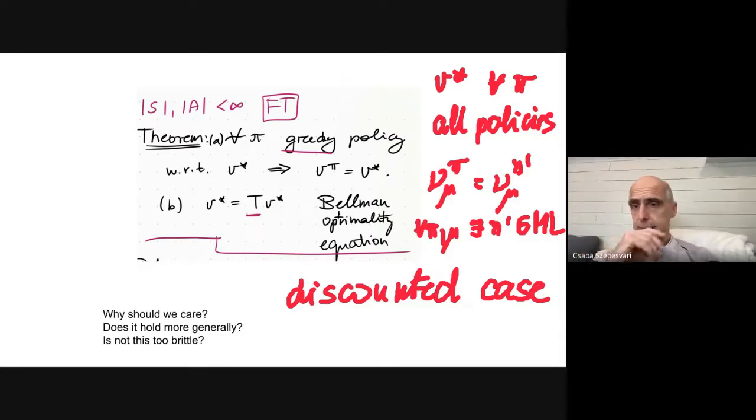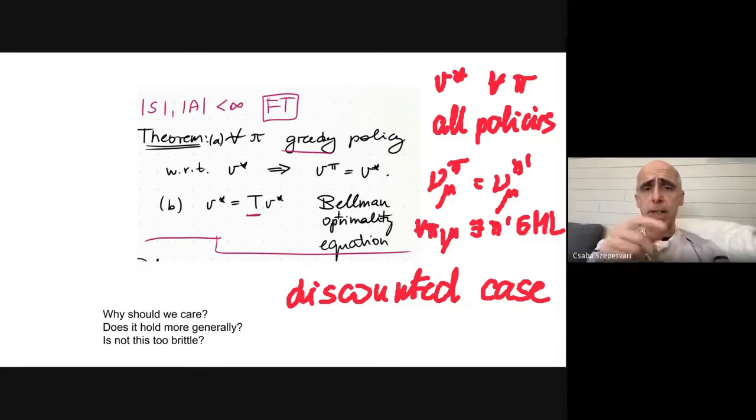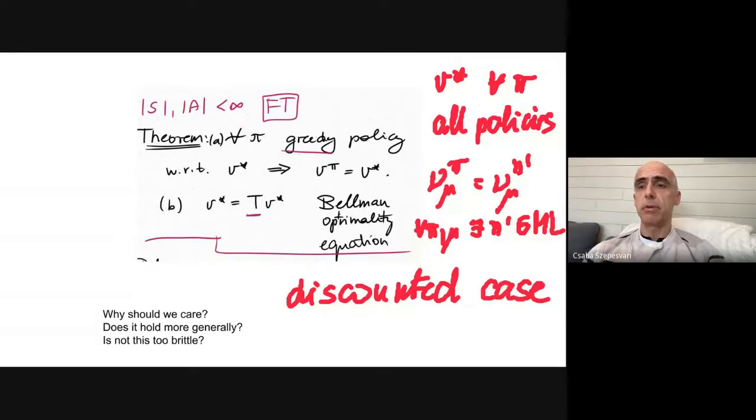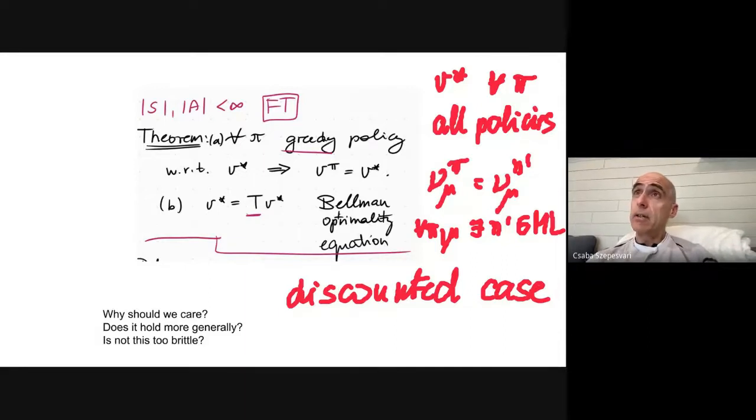But here, the first part implies that you only have to worry about deterministic memoryless policies, because you can always find a greedy policy like that. You can list all of those, and their number is A to the S. And you could just evaluate all of them and choose the one with the best